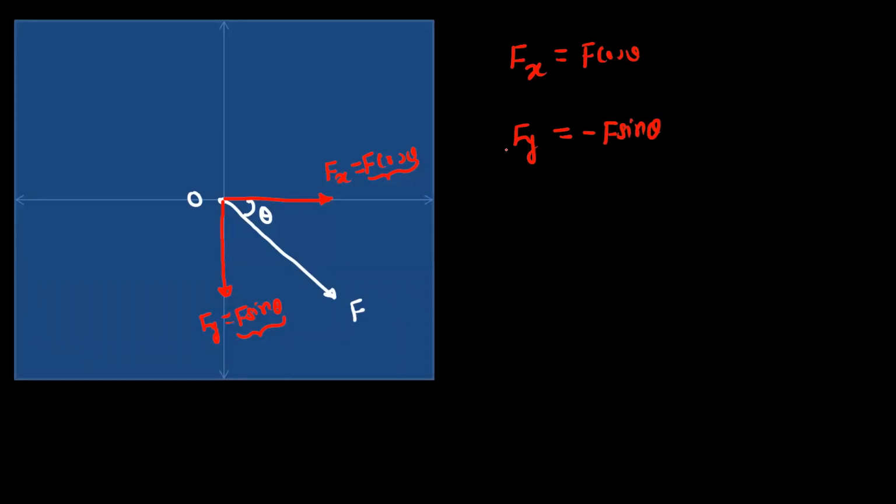Okay, so this is the complete resolution in the first, second, third and fourth quadrant. Now consider if the force is shown in the first quadrant, but its direction is towards the origin. Okay, in the previous case, its direction was away from the origin. And if you want to resolve this force, suppose the angle is given with respect to the positive x-axis as theta. So this is the positive x-axis, this is the positive y-axis.